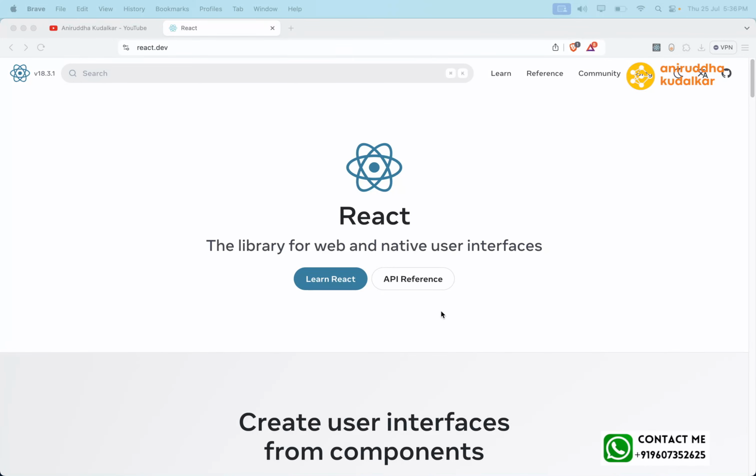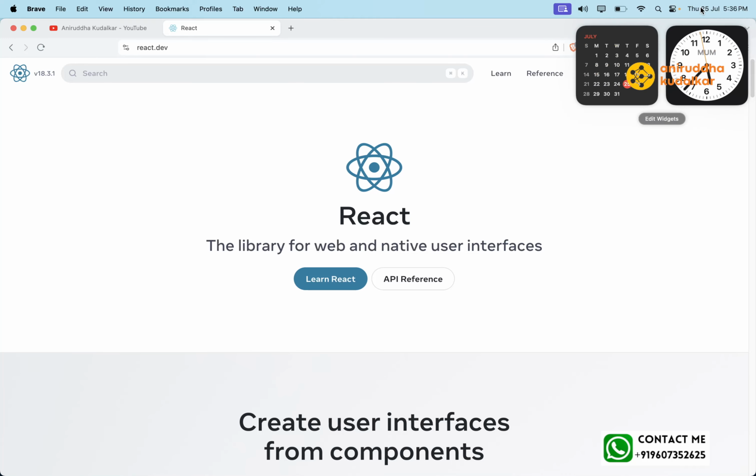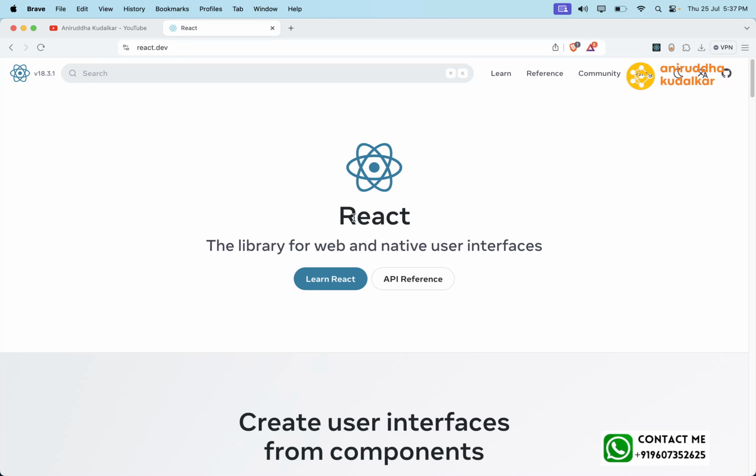Okay, in today's session, we'll talk about the forms. Today is the 25th of July 2024, and we are going to study forms in React. Almost everything we have covered in React,